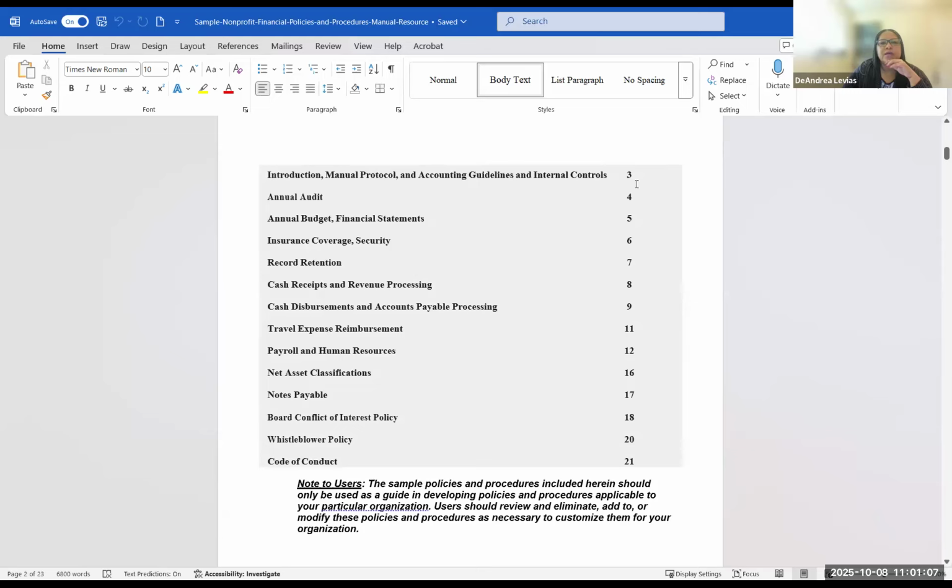It talks about the purpose of the manual and internal controls. If the organization has an annual audit, it lays that out, talks about what the annual budget process is, how financial statements are prepared, record retention, and then it goes through what the process is for their